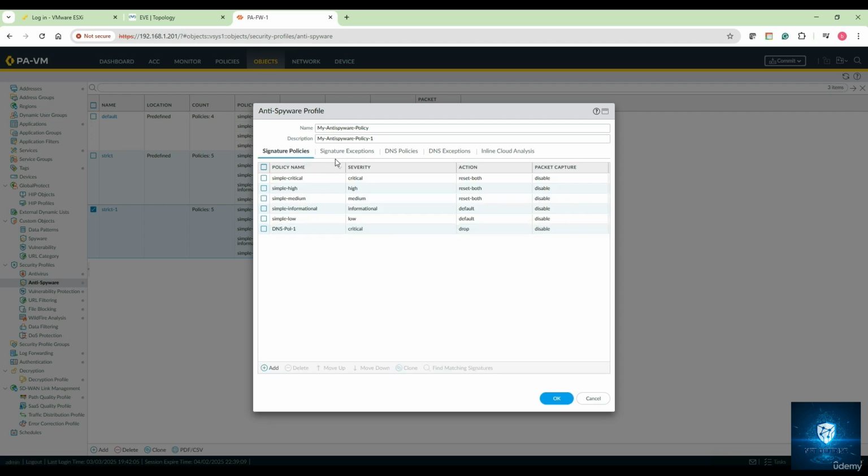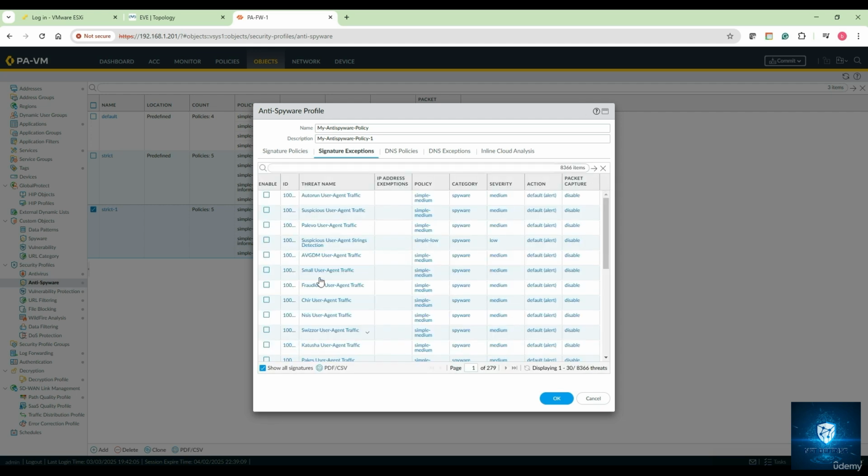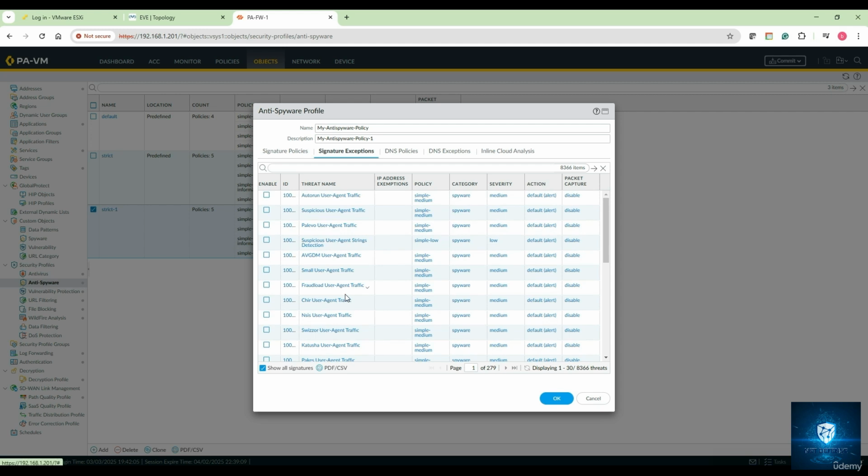Okay, so let's uncheck that. You can click on signature exceptions and you can see show all signatures. Just click on that and you can see what the different patterns are that are supported, which pattern-based signatures are currently being identified as a spyware category. So all the signature details are available here. I can see it's like 8,366 threats as of now, and kind of 279 pages of threat spyware signatures